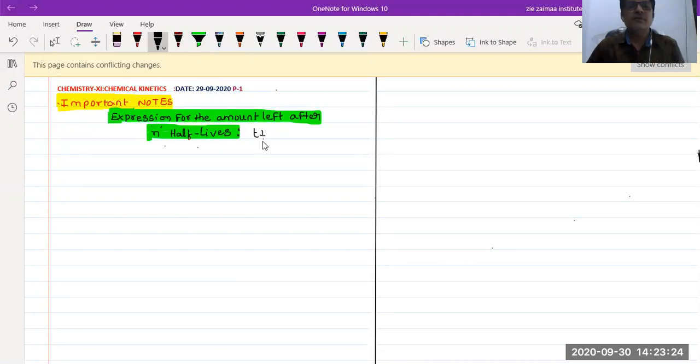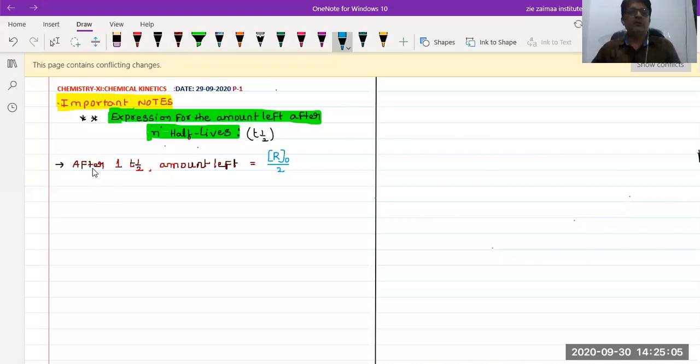Half life means what? T R. So we need to learn about this one now. First, let us know that after one half life, how much amount is left, and after two half lives, and after three half lives, means three T Rs, two T Rs, one T R. Based on this, numericals can be given from the JEE Mains and NEET point of view. So it is a very important topic, that's why I'm giving the star mark.